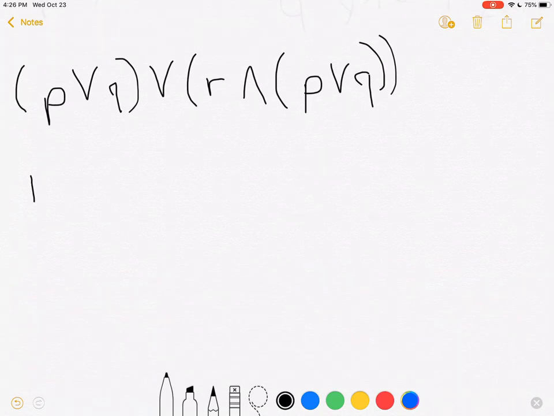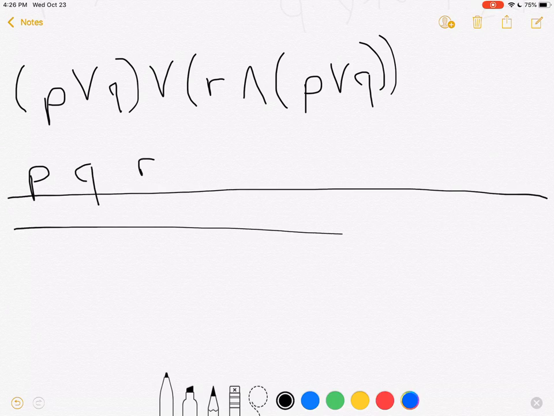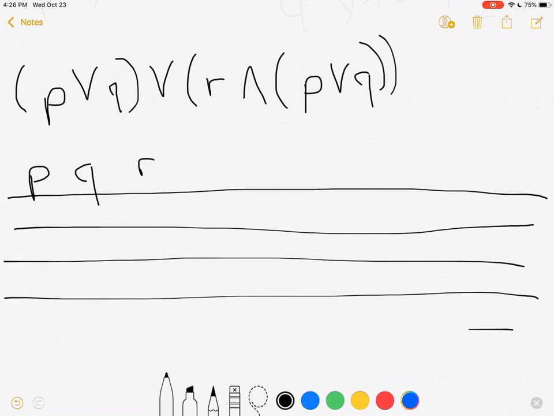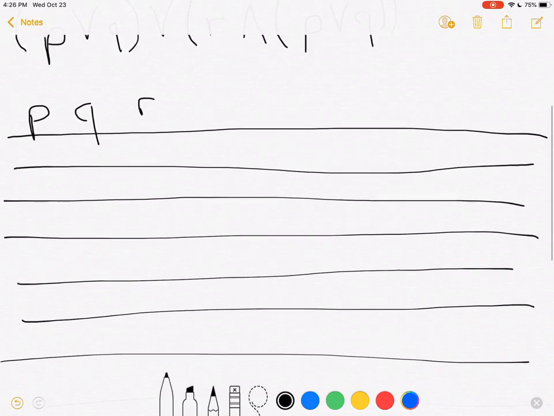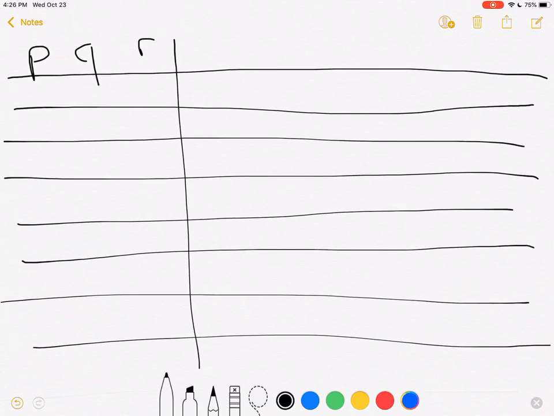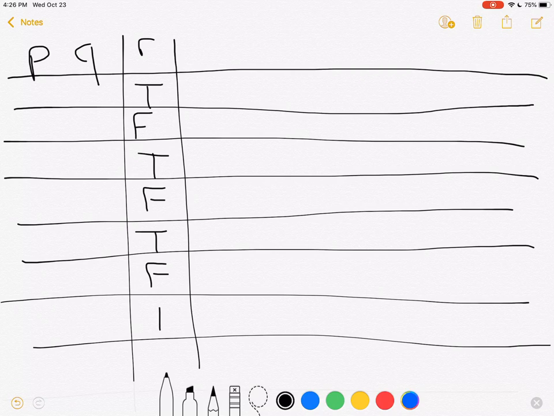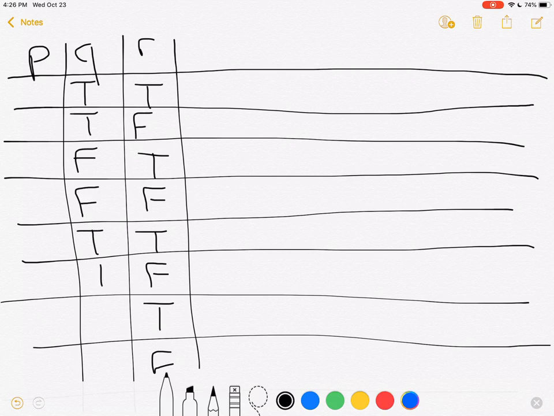In order to make the truth table for this, I need a column for P, Q, and R. I'm going to need 8 rows because I have 3 simple statements. Starting all the way on the right, I alternate true, false, true, false, true, false, true, false. Then under my next one, I double up: true, true, false, false, true, true, false, false. Then I double up again to 4 in a row: true, true, true, true, false, false,